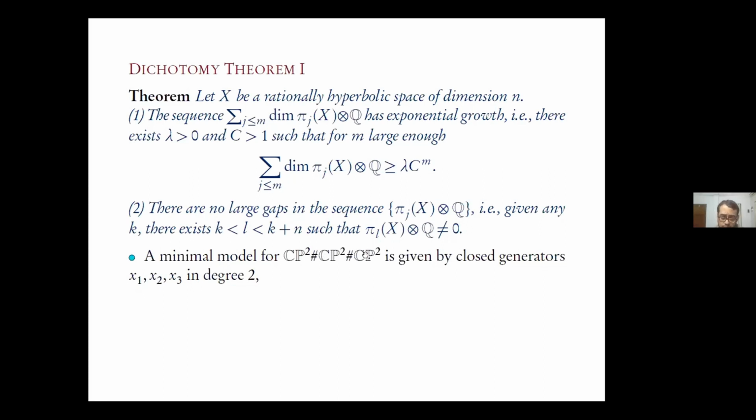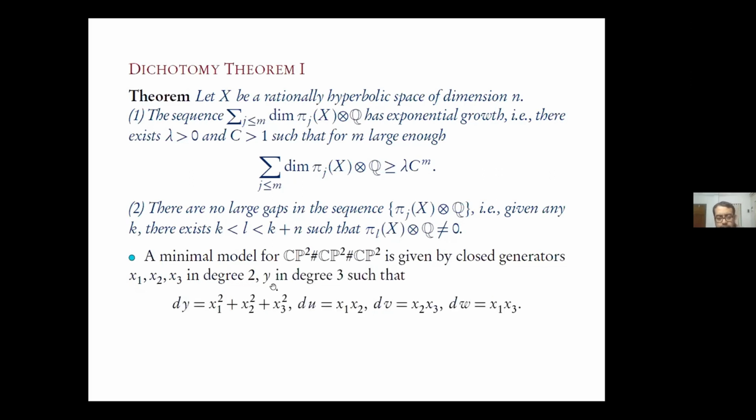And so if you try to write down a model for this, well, this is a 4 manifold, and it basically has the second Betti number 3, because each CP2 has a line inside it, a complex line, so it contributes 1 Z for each of the CP1s inside the CP2s. So you basically need 3 generators in degree 2, and they're closed. X1, X2, X3, dxi is equal to 0. Those correspond to the dual of the fundamental class of the P1 inside here, the P1 inside here, and the P1 inside here. But of course you have to also put a y in degree 3, okay,